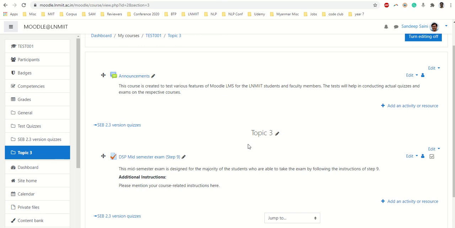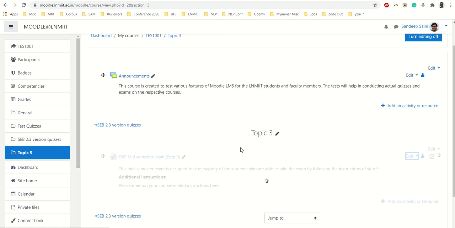So all you have to do is go to this edit. First focus only on this exam creation. Don't worry about step 10 right now. First you complete everything, put all the questions in the way you want to do, preview it and check it. Everything is working fine. Now you just say edit and go to duplicate.